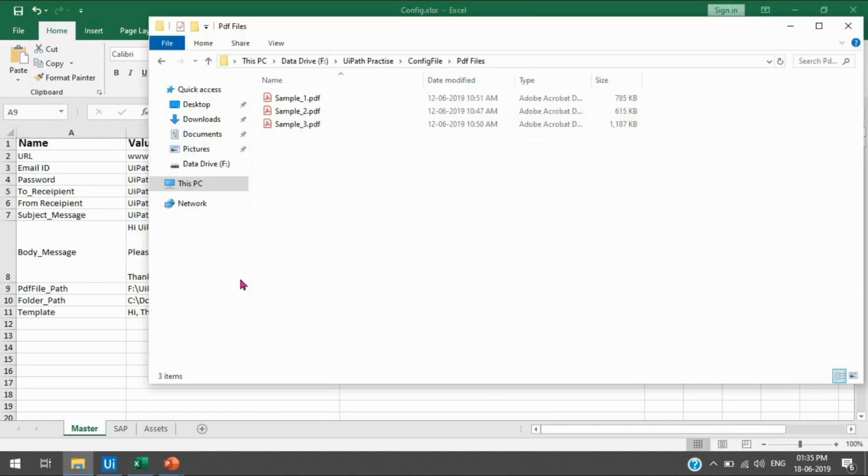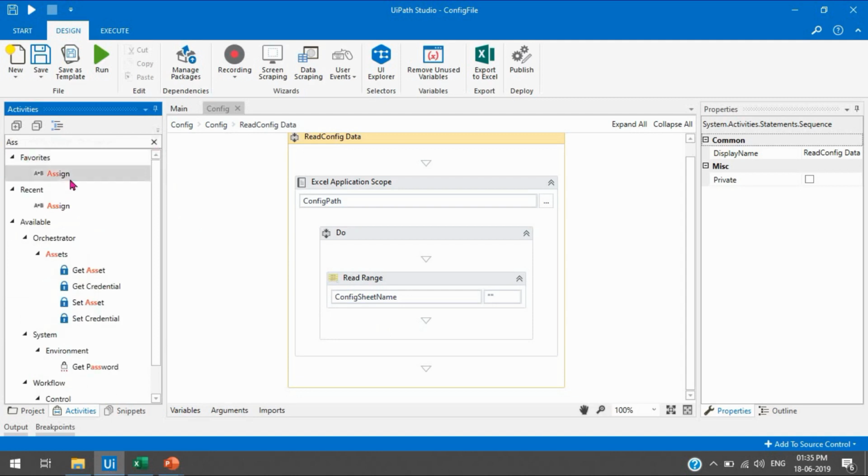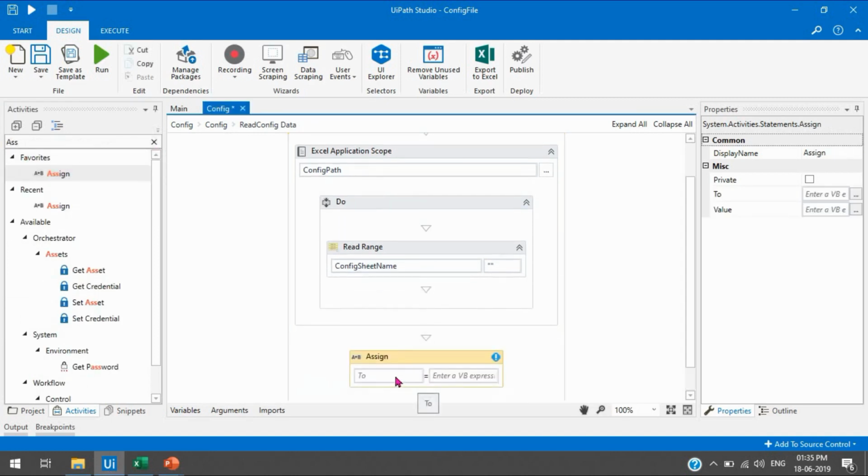So what we'll do, we will take one assign activity here, and then we take here PDF file path. This is our variable, and now we need to take the data from the data table.